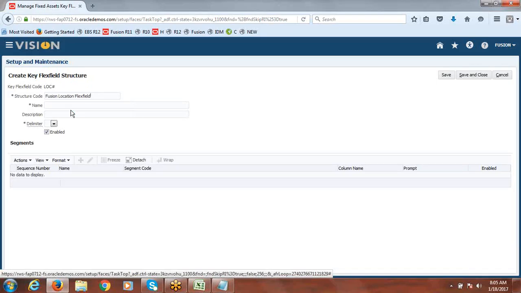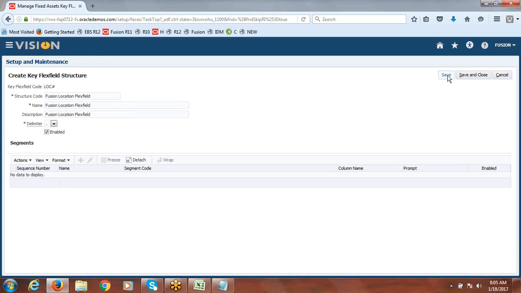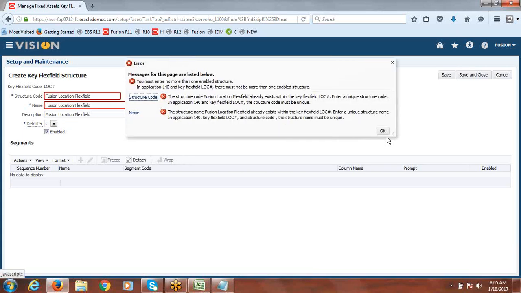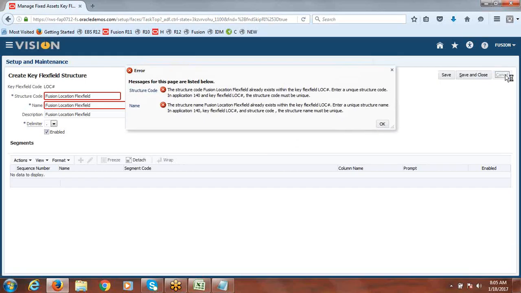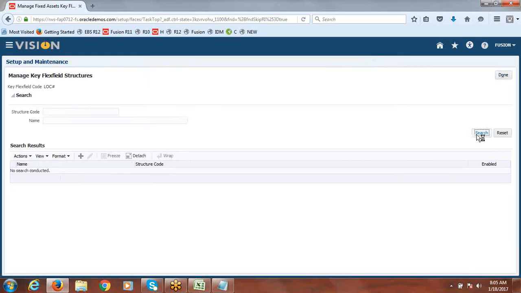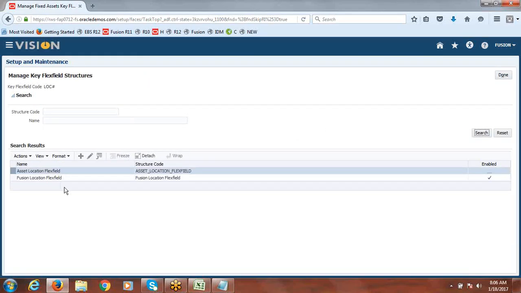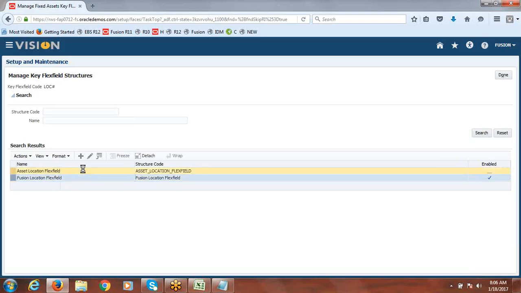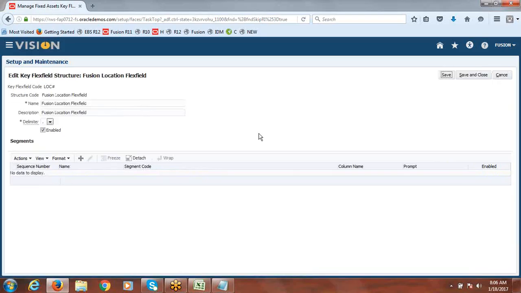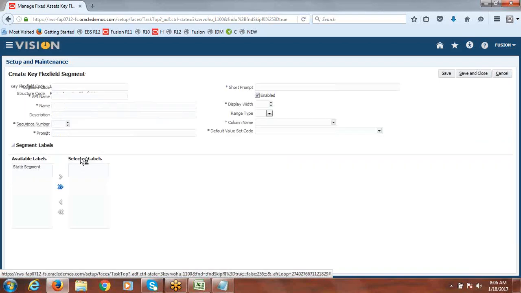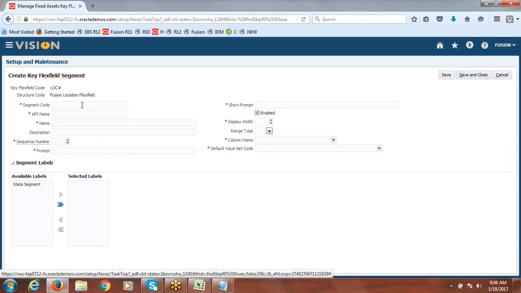Fusion location flex field. Oh, it's already saved. Fine, we'll query it then. Just click on search. Same, you can click on edit. Now we'll add the segments. Say country.